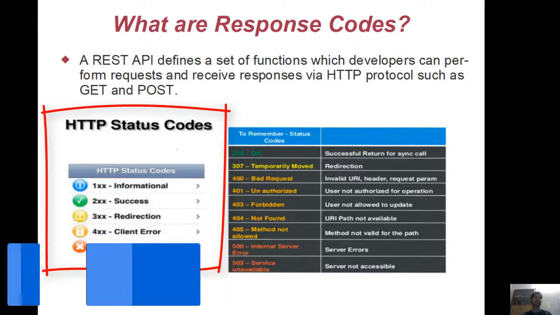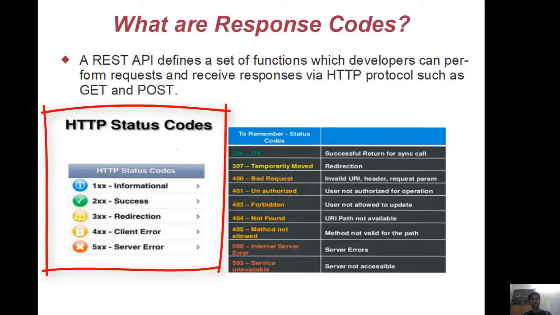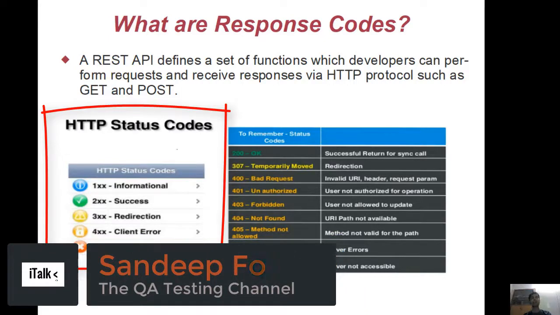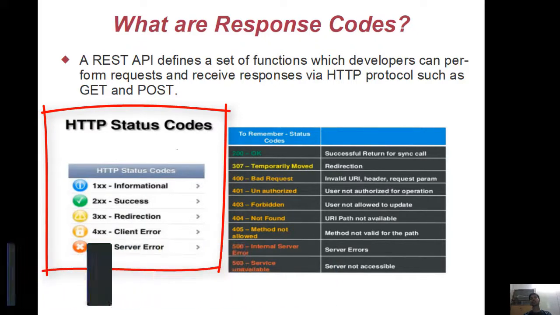100 is an informational code. 200 means success. If the request succeeded, we get the 200 response code. 300 is redirection. If you temporarily move any path or website, then you get a response code starting with 3. 400 is client error, and